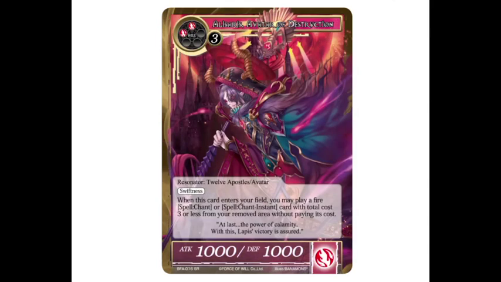So then, this is actually from the spoiler article that was on Tuesday. I missed a card. I don't know why I didn't think to click on the card to bring it up for you guys, but this is actually from Tuesday's article. This is Allosaurus, the Avatar of Destruction. He's a 5-drop 10/10. He's a 12 Apostles avatar with swiftness, and when he enters your field, you can play